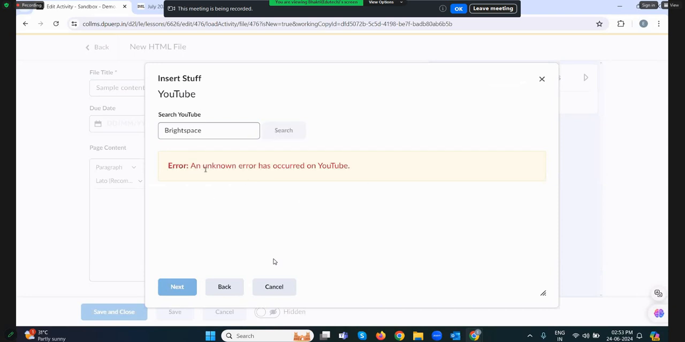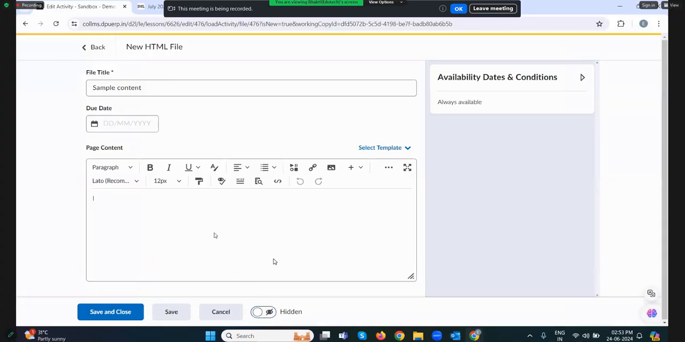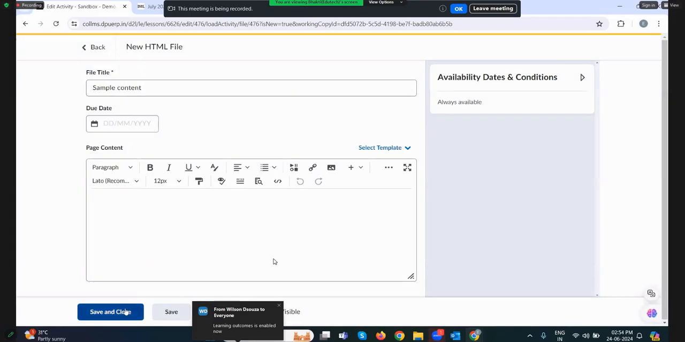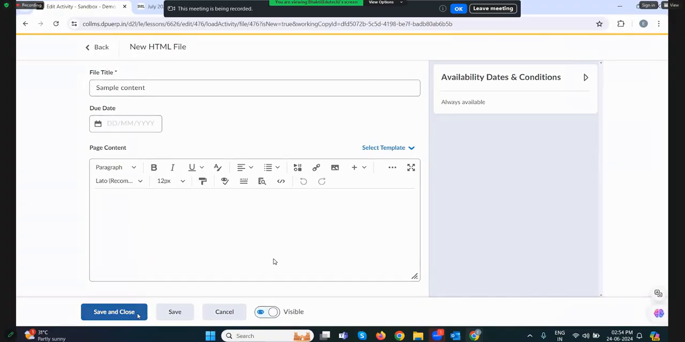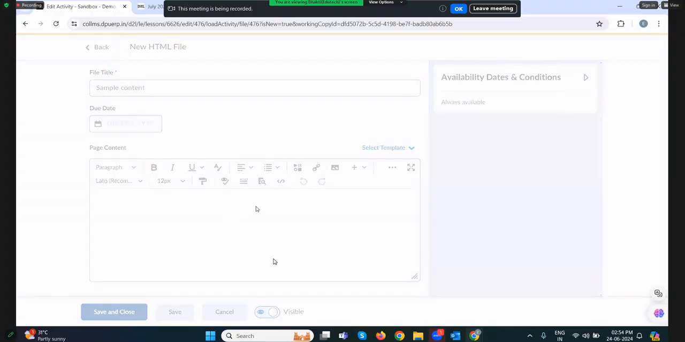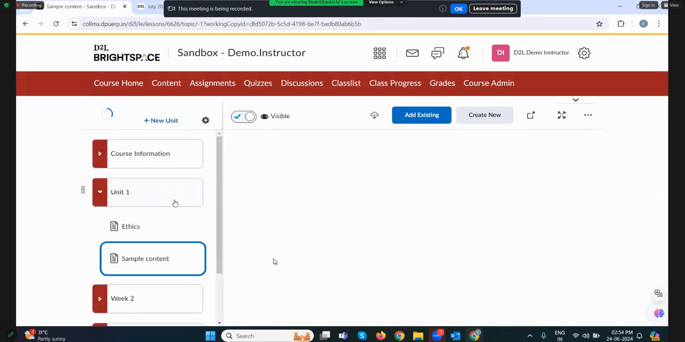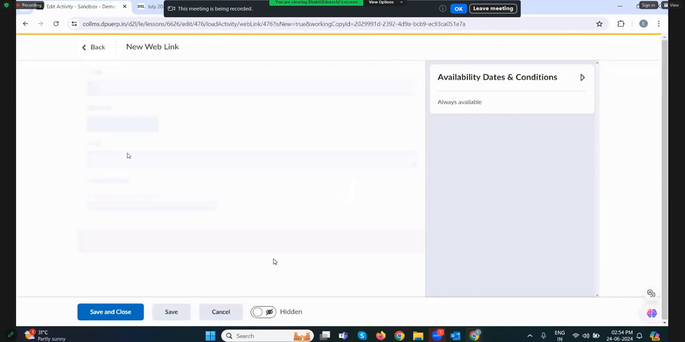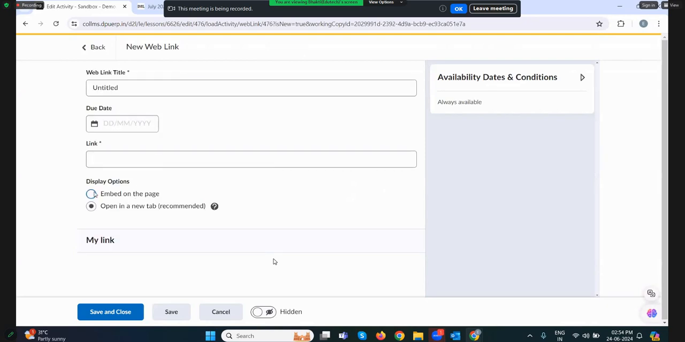Right now the integration is not completely done. That's why it's showing an error. But the videos will be visible, and the video can be selected to be added in your file. Here you see embed. That is one way. I'm just going to show another way you can insert it. For example, go to here, create new. You see web link. Instead of an HTML document, you just put in the YouTube link here and you can embed